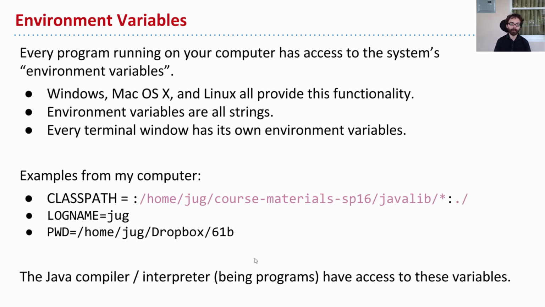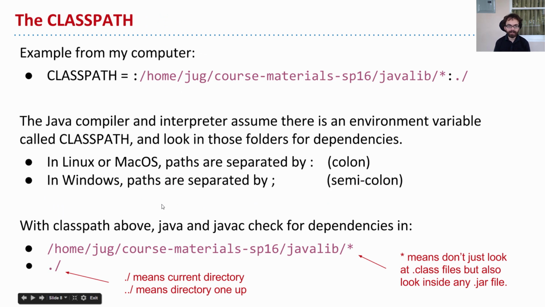And so the Java compiler and interpreter, well, they're programs, right? They're just programs like any other program. There's nothing magic about them. And so, of course, they have access to those variables, because I said every program has them. So indeed, they're going to be using this. So how? Okay, let's see a little example. On my computer, my class path is